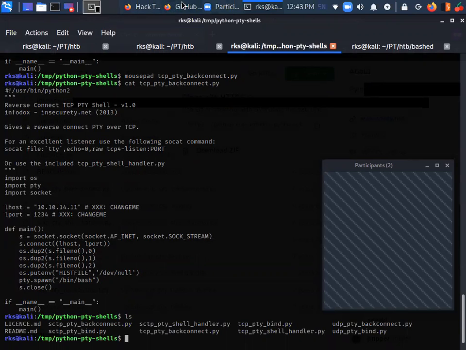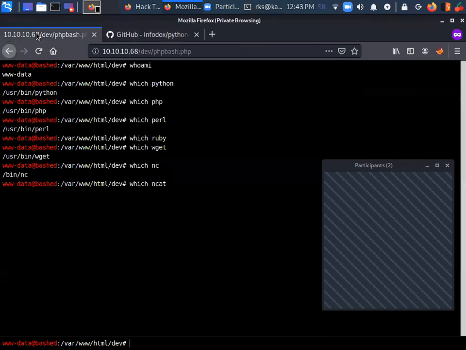So let's go to the server and do wget http://10.10.14.11, I believe, followed by my file name. And before this, I need to start a server on my machine.